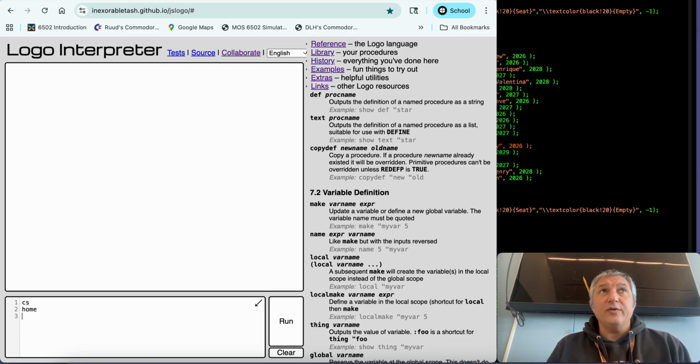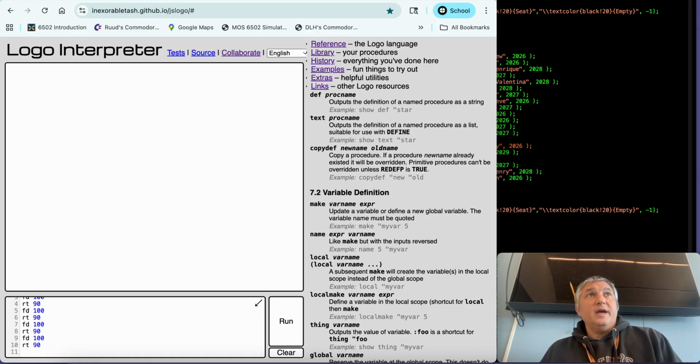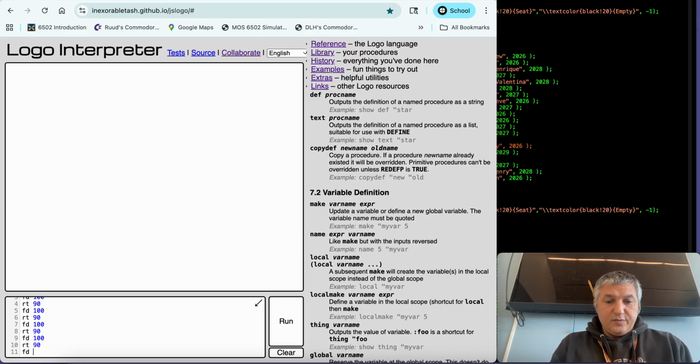Home. That should always be the first two lines of code in a Logo program. CS clears the screen, and home returns the turtle back to the center of the screen. So I typed in forward 100, right 90, and then I did that 4 times: 2, 3, 4. And then forward 100, right 45, forward